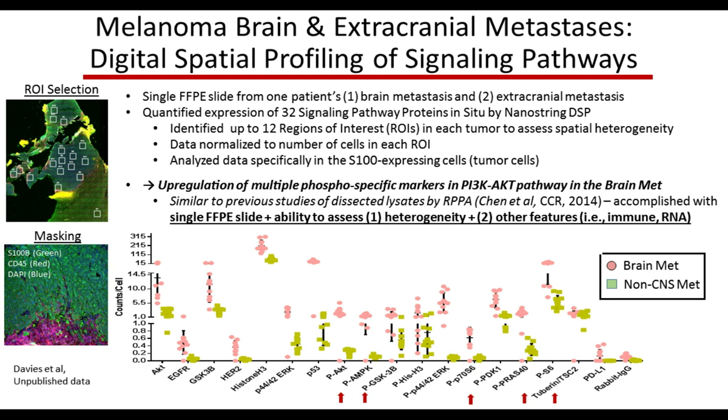And as indicated by the arrows, what we saw for multiple markers in the PI3 kinase pathway was that the expression of these activation-specific markers was significantly higher in the brain met from this patient, which are shown as the pink circles, compared to the non-CNS metastasis, which are the green circles there. So overall, this again identified upregulation of multiple phosphospecific markers in the PI3 kinase AKT pathway in brain metastasis. And in some ways, this was a nice confirmation of what we had seen before in our